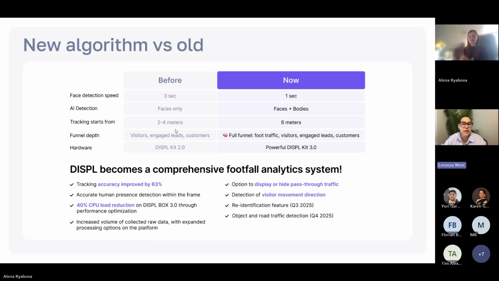Well, yeah, this could be kind of nerdy, but I thought this slide was very impactful. Face detection speed. Our old algorithm took 3 seconds. Now it's 1 second. So that means when we use that computer vision technology and we collect 72 data points